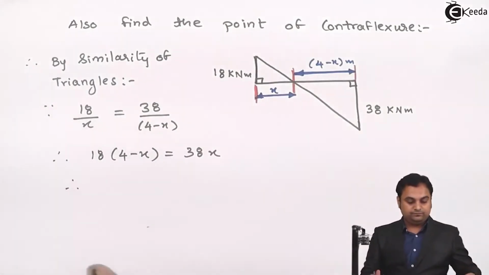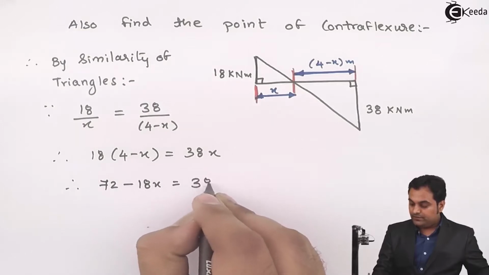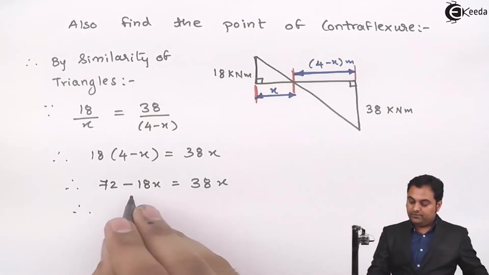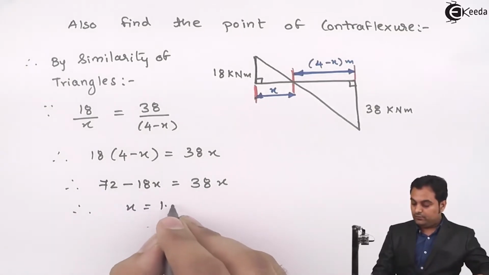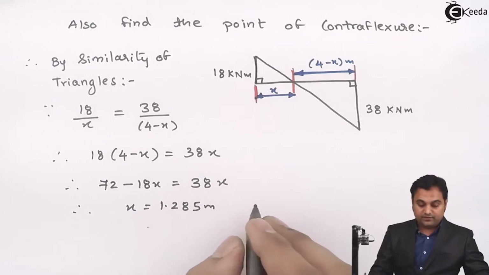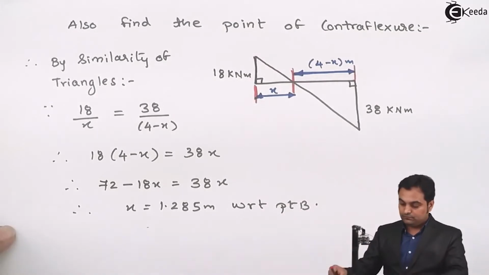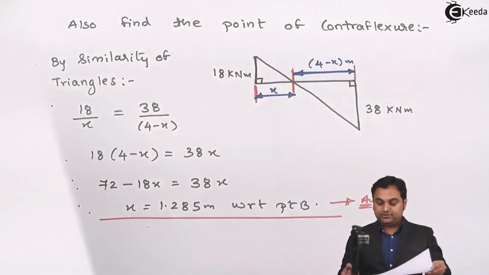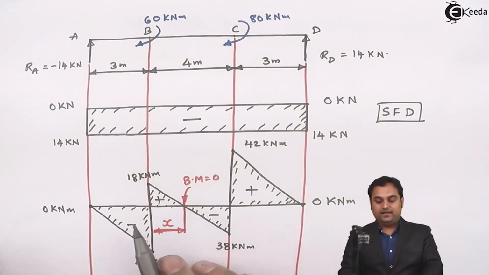Therefore this will be 72 minus 18x is equal to 38x. So 18x I send to the other side, it becomes positive. So 38 plus 18, that is 56x. So 72 divided by 56, the x value will be 1.285 meter. This will be with respect to point B. So here I have located the point of contraflexure from point B, that is, it will be at a distance of 1.285 meter from B, where the bending moment is 0. And with this we complete the